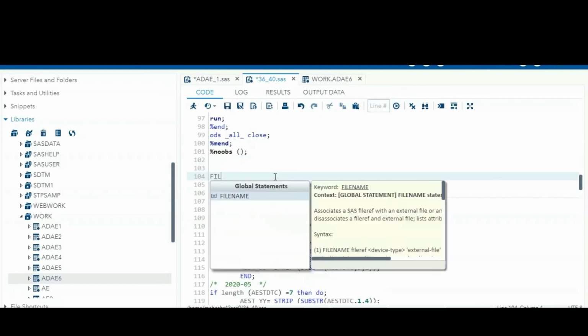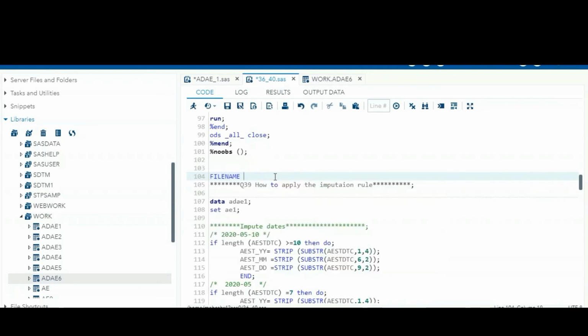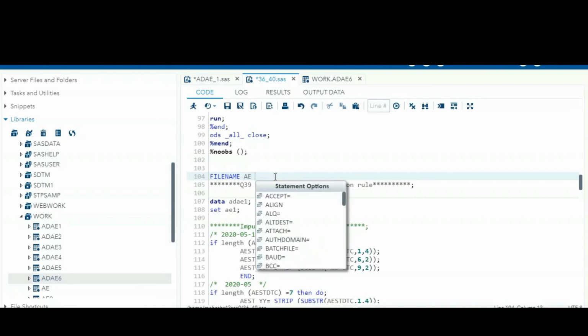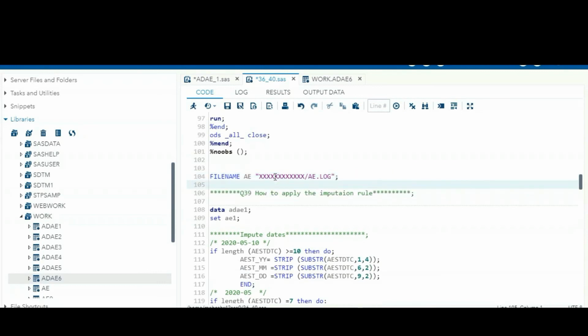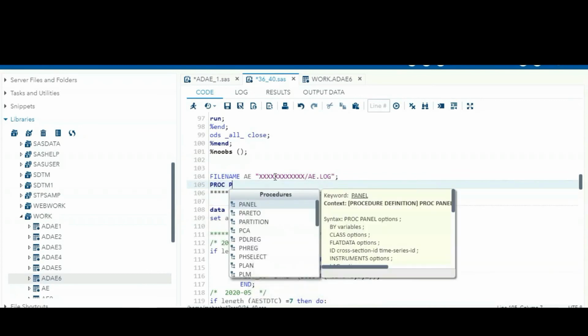Okay. So first you can mention the file name. So for example, this file name is AE file name. So you can give the path. You can give some XX path where you have to send this log. So give this particular log name. So if you want to export an LST file, you can give the LST file. Okay. So after that one, you can mention the proc